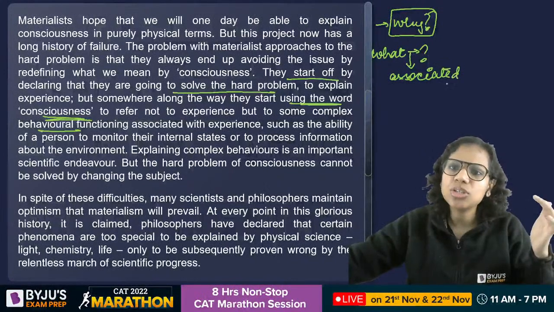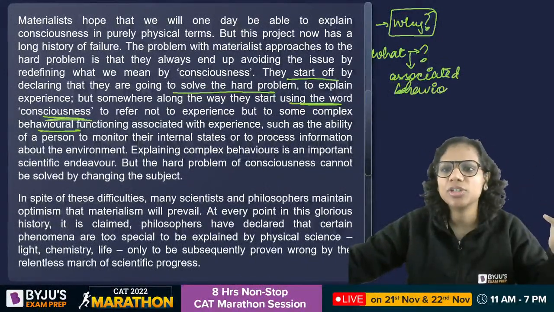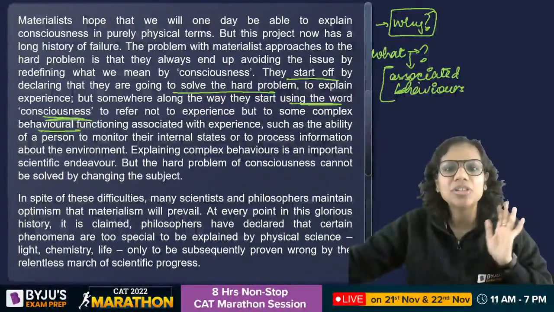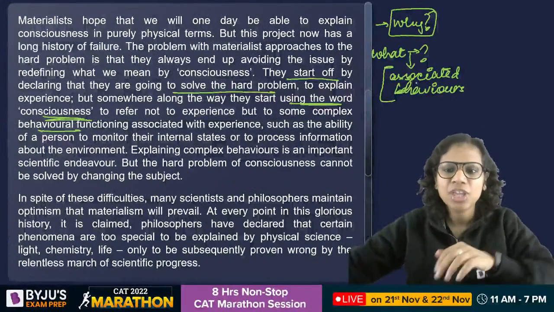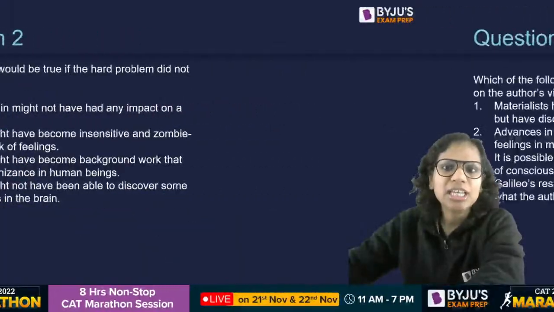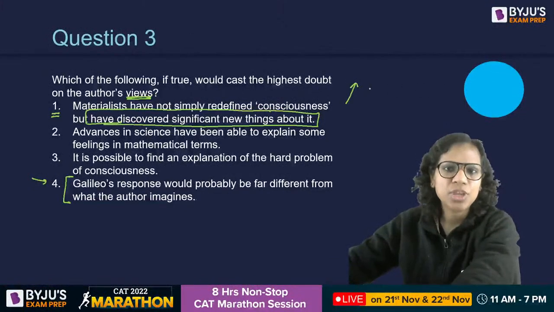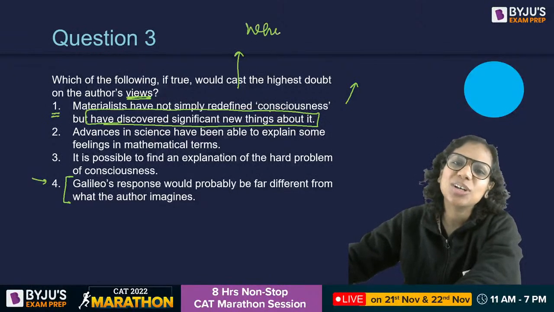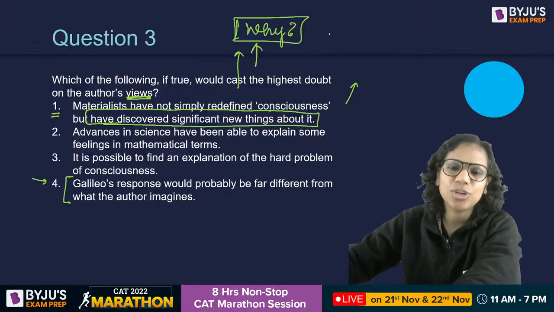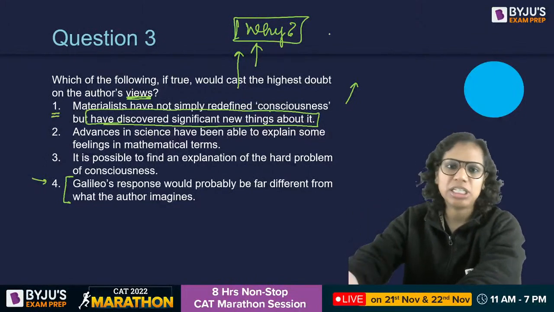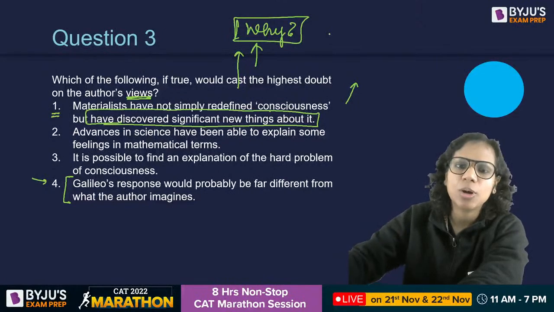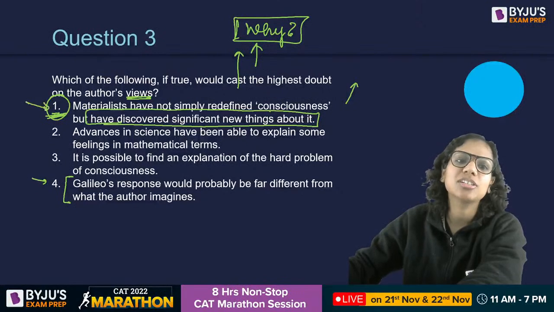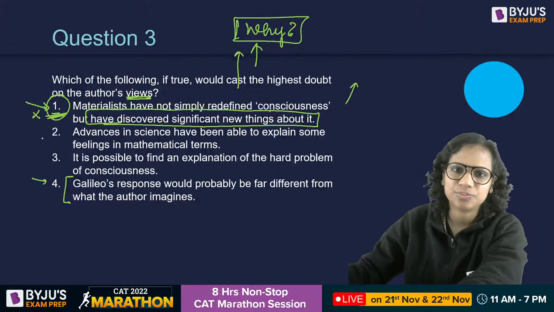So the author says that we know there are certain associated behaviors. We know in minute detail what happens in the brain when, let's say, we feel hunger. But why it happens is what you need to clarify, which materialists are not doing. So even if I say 1, that is not going to contradict the author's views, because you might tell new things about it, but you might still not end up telling the why of it. Okay, you've not told me about the why of it. So materialists might say a lot of new things about it and still not explain the why of it. This does not cast doubt on the author's views; they remain intact here.